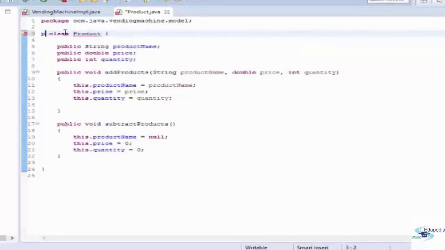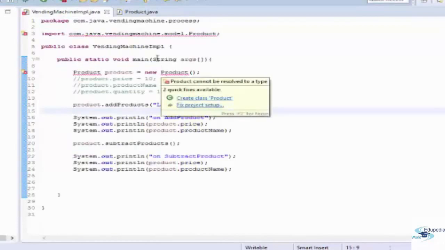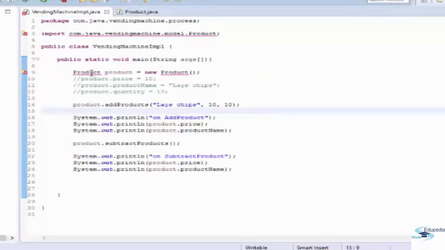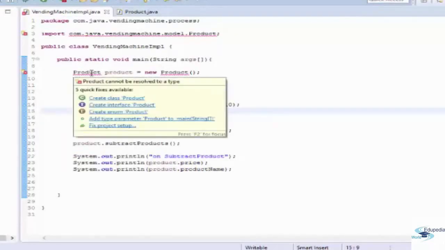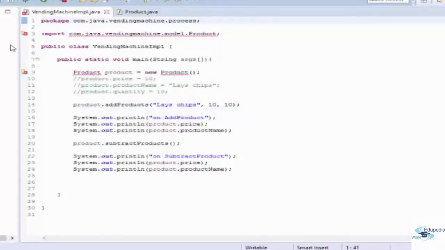Fine. And similarly, if I try to make it protected, again it's giving me error. So it can be either public or default. So let me keep it as default this time. Fine, and let me go to vending machine IMPL. You can see in vending machine IMPL I'm getting an error. Why so? Because the scope of default is within a same package. So you can see this is a different package,